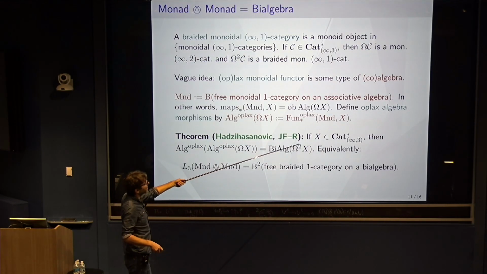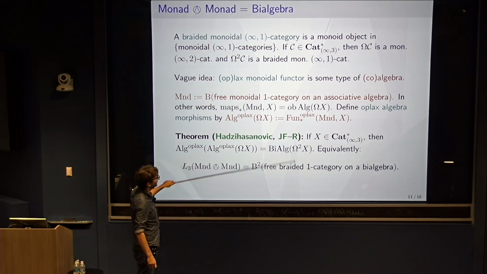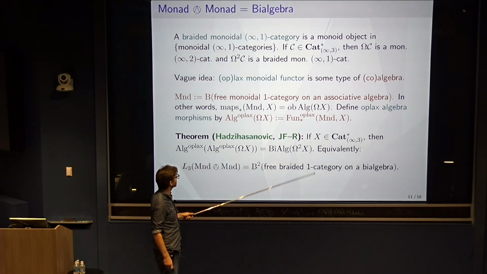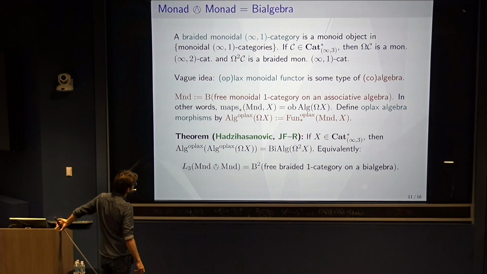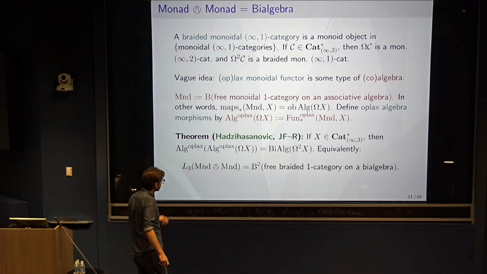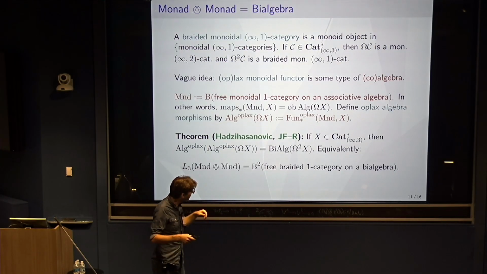And I can talk about oplax monoidal functors in this language: they're the oplax pointed functors from something to something. And then the theorem, which I think was first proved in a different context by Hadzi Hasanovic, is that